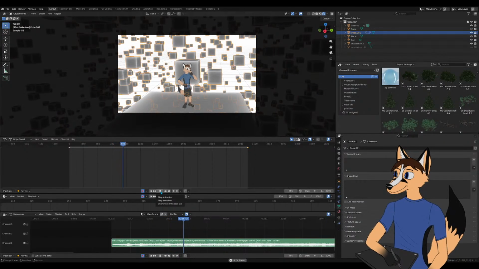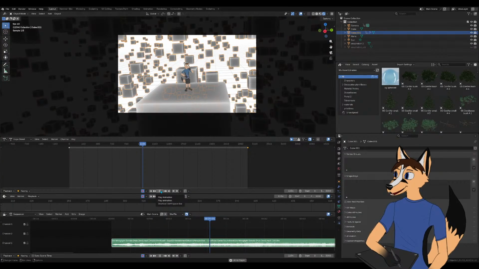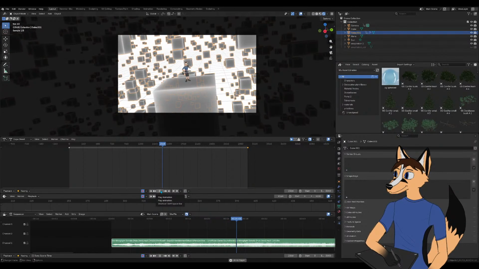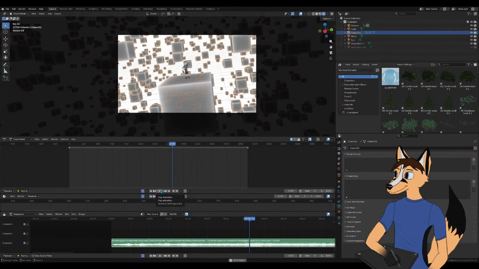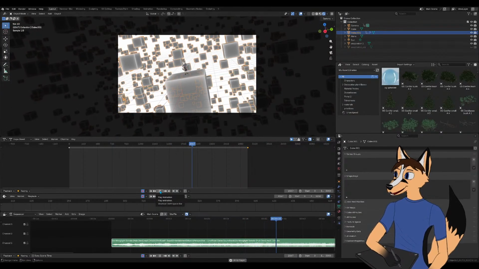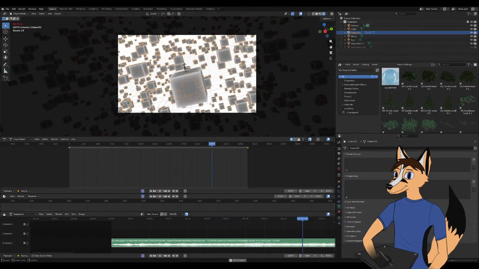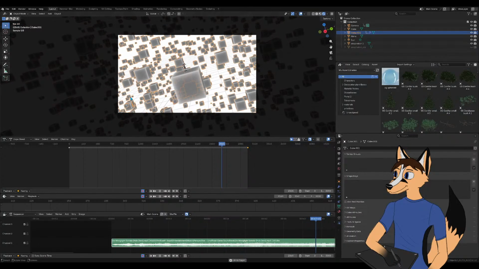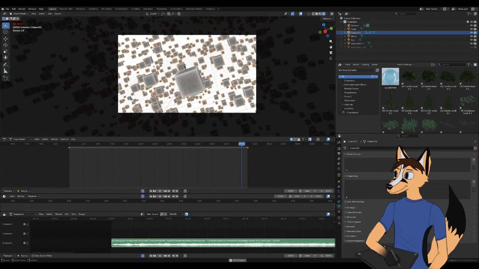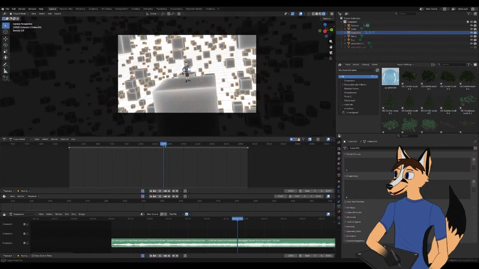I'd also like to add some rotation to the cubes. I'm not entirely sure what sort of rotation. I'm thinking of rotating the entire cube cloud, because that'll be the easiest to do, and I think that'll give fairly decent results. I'm also noticing there's some cubes back here that are Z-fighting, but I never noticed that in the original animation, so I don't think it's that big of a problem. So yeah, the movement so far feels really good.